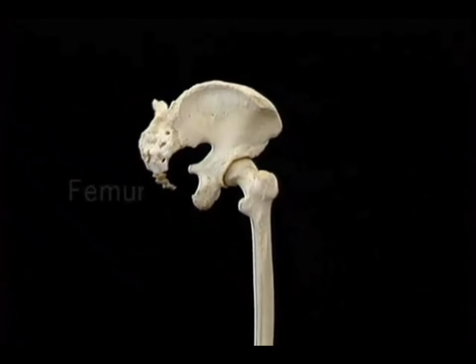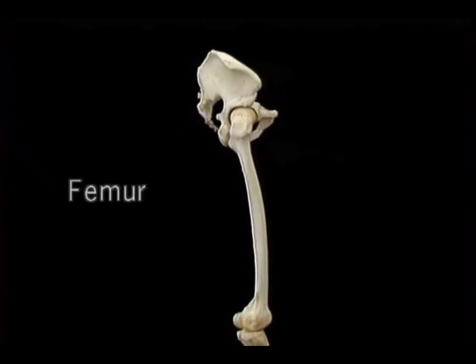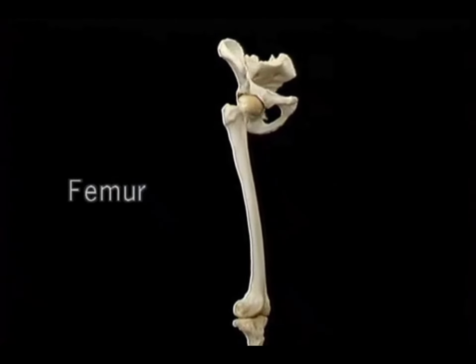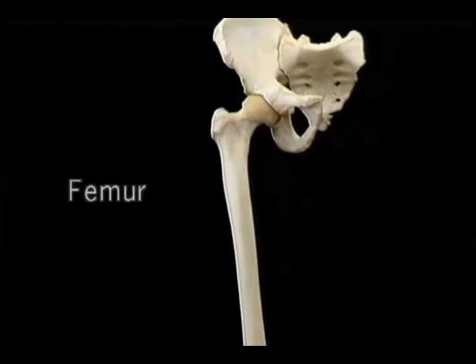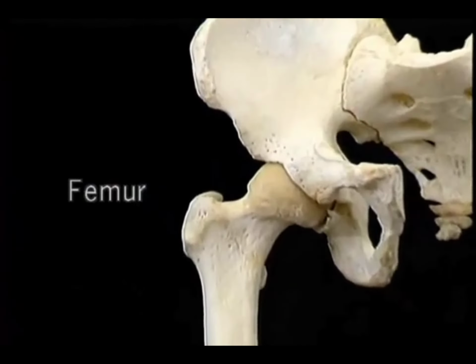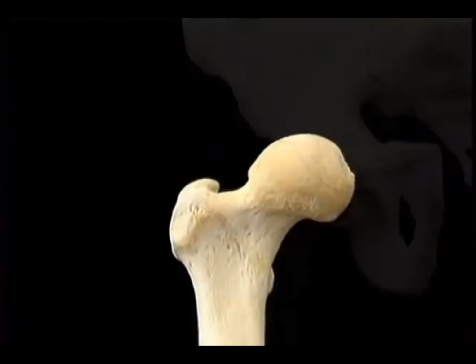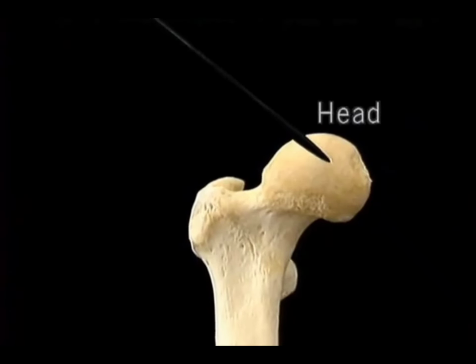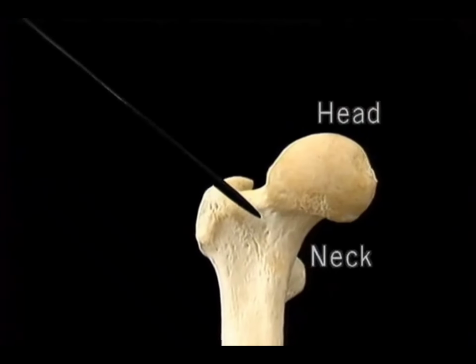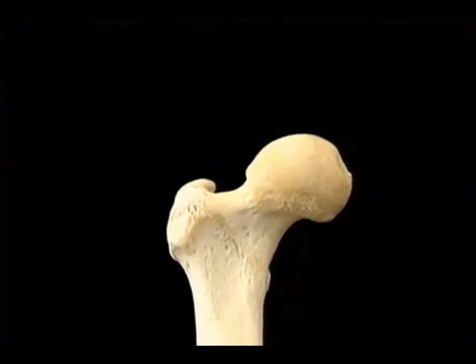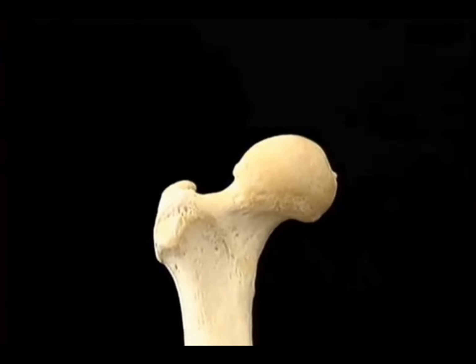The femur is the longest bone in the body. We'll be looking at its distal end in the next section. For now, let's look at the features of the proximal end. This is the head of the femur. This is the neck. Since the head is wide and the neck is narrow, the head of the femur can